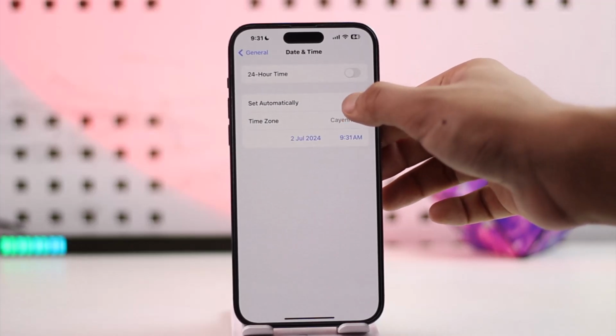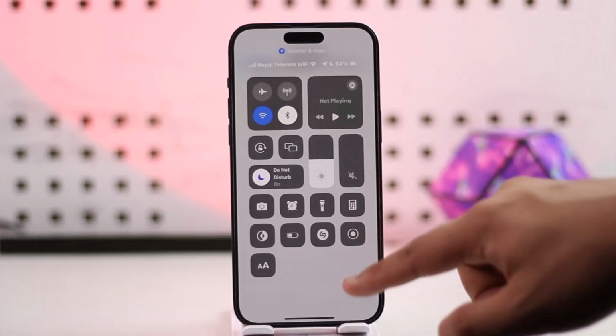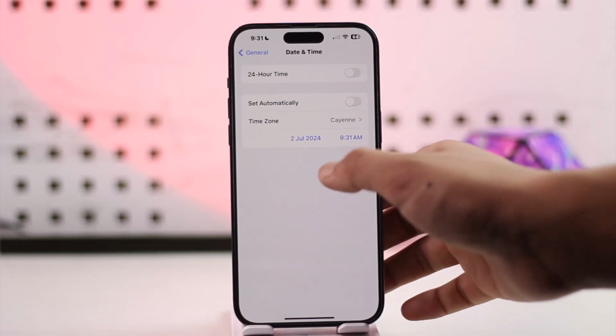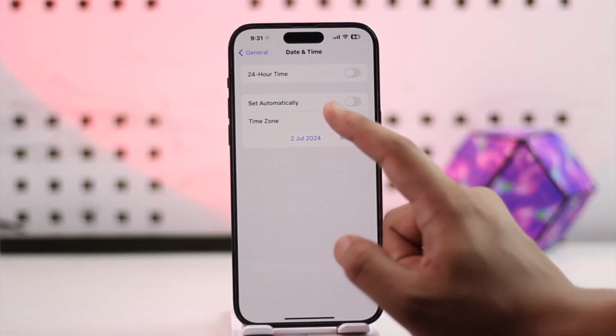Setting automatically means that, based on your internet connection and your location, your iPhone will find out where you currently are and then set your time accordingly. Or if it is incorrect, you can try to set the time zone manually, and you can set those times